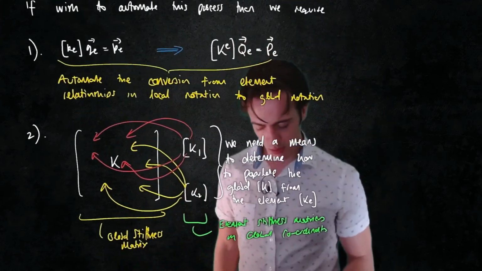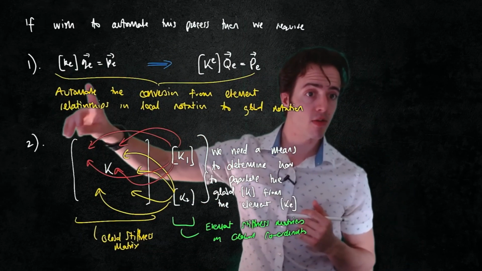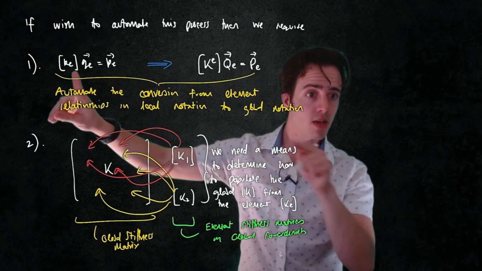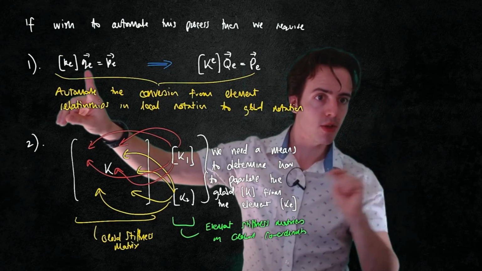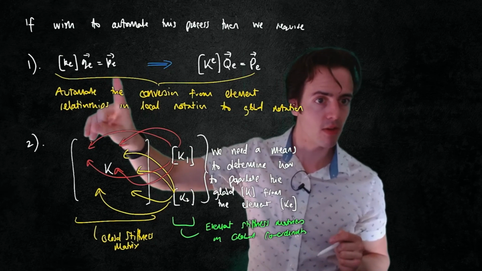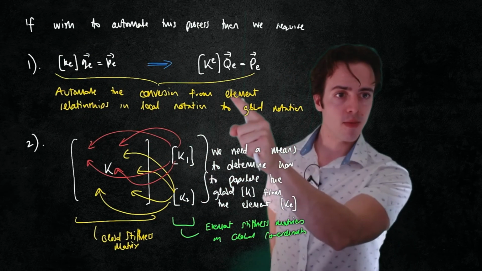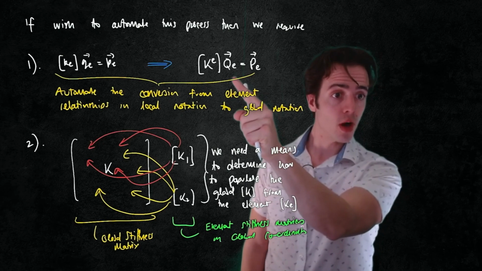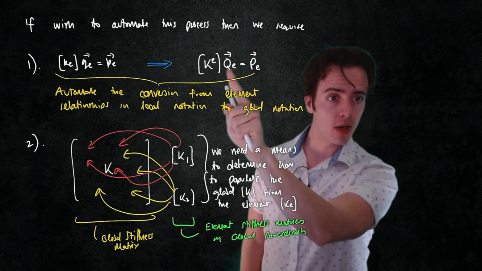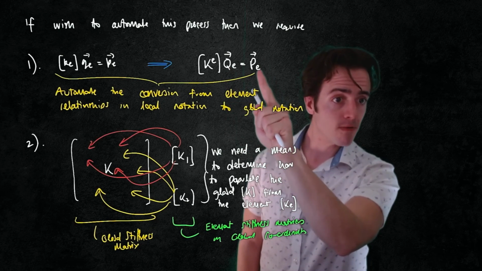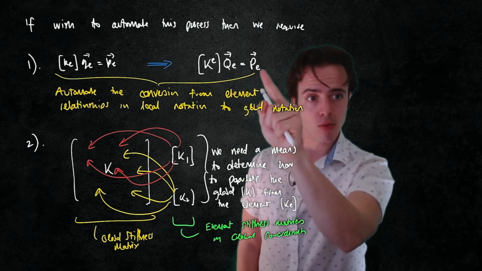So we said in here we want to automate this process, so we'd like to be able to take these local element stiffness matrices, so that's just 1, 1, minus 1, minus 1, multiplied by u1, u2 is equal to fx1, fx2, all local, and we want to be able to take that and put it into this format here. So this would have to be a function of uppercase u1 v1e and uppercase u2 v2e, so it would be a 4 by 1 column giving us 4 by 1 forces, so fx1, fy1, fx2 and fy2, and then this